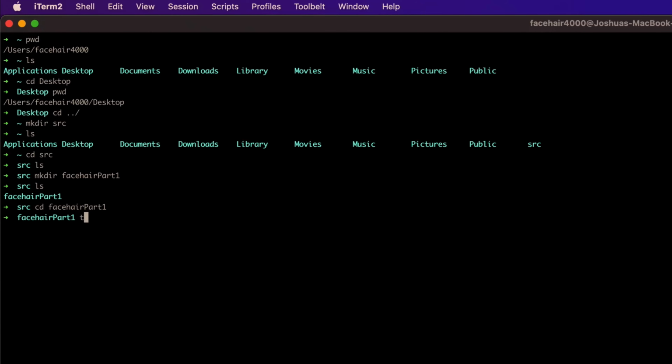Let's touch a file called testfile.txt. You'll notice that I'm using something called camel case here. Camel case is where the first word in a file or folder is lowercase and every subsequent word is capitalized. So facehairPart1, for example: facehair is all lowercase, and then there's a capital P for part and the number 1. We're going to do the same thing for testFile,